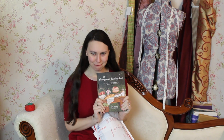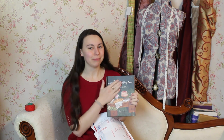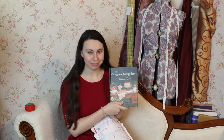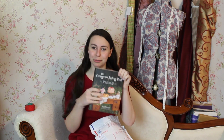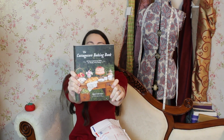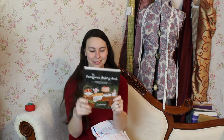Her newest cookbook in a hardback. Love that. The hardback ones are better to display on my cookbook stand, so I'm so excited. Just look how beautiful this is. Look how beautiful this is! Discover a whimsical world of decadent bakes! I know the photography...